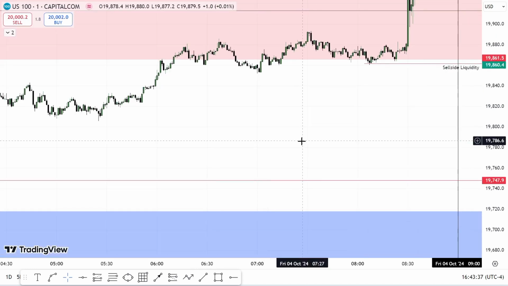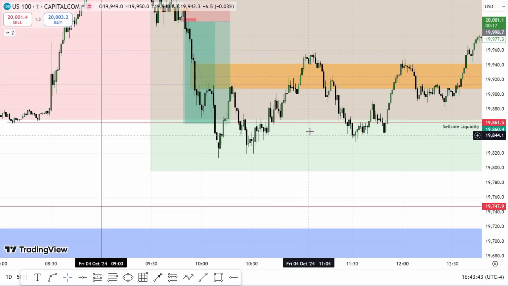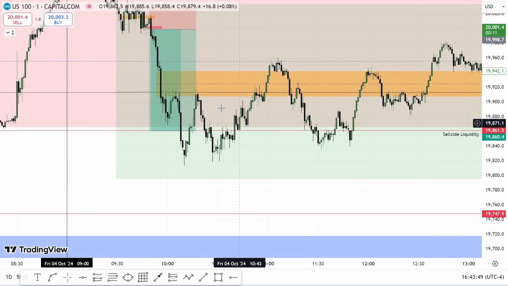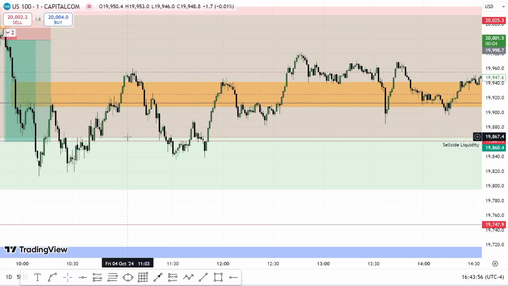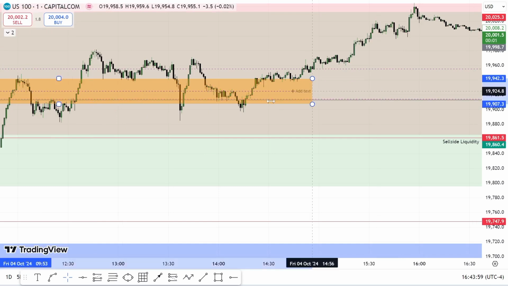Okay, now we have just this price here. Once we took out this sell side, you see how today's Friday, you see how it stayed very long at this point, and now we had a bearish fair value gap here. Don't mind how I extended it. I was just studying how it would